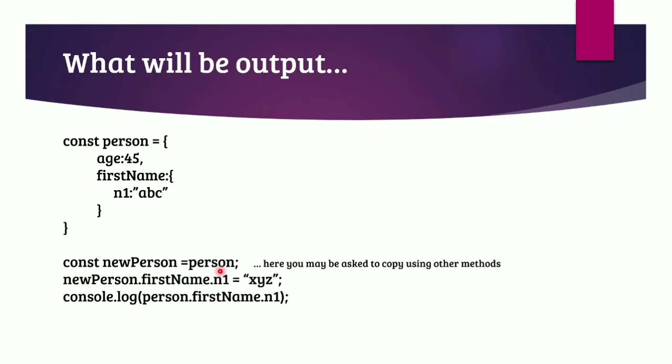The proper solution for that is we can make use of JSON.stringify first, and outside that we can write JSON.parse, and then we can assign that value to the new person. In this way, once we change the value of the new person object, it will not be reflected in the person and vice versa. If you want a detailed description about how objects should be copied, you can surely follow my other playlist given in the description below. Now it's time to see our next question.